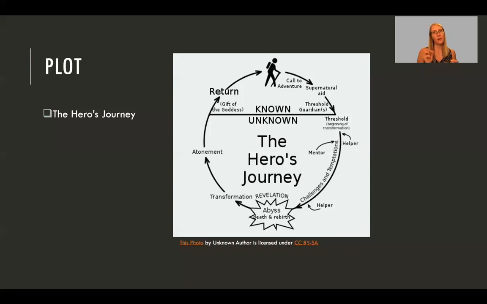But if you were interested in revisioning the story of Cinderella by the Brothers Grimm into a longer novel, you could use the hero's journey to inform the plot that you choose to develop. In that way, it can be helpful for us as readers to see and understand a structure, and also as writers to use that structure as a path to help us make decisions about what we want to have happen in our work.